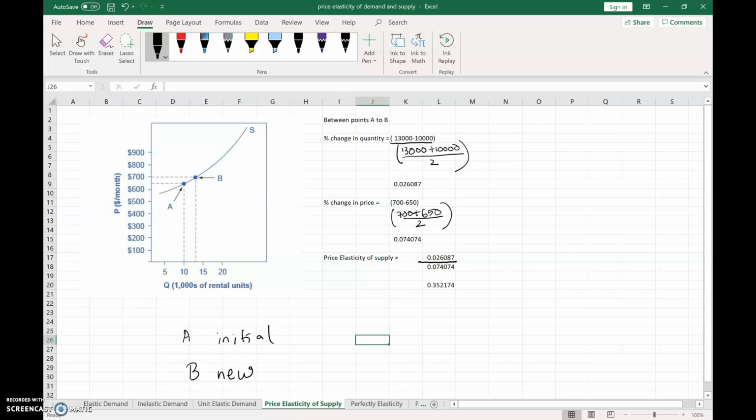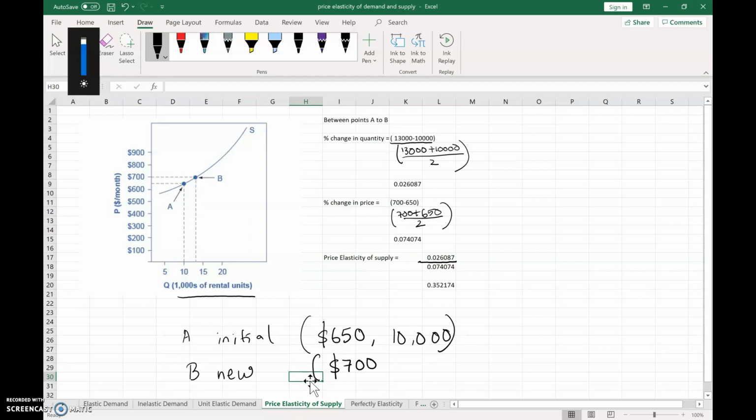Point A is a combination of price and quantity. So at point A, the price is $650 and the quantity at point A is equal to 10,000, because if you see, the horizontal axis is given to us in thousands of units. Now if I look at point B here, looks like the price went up from 650 to 700 and quantities supplied also went up from 10,000 to